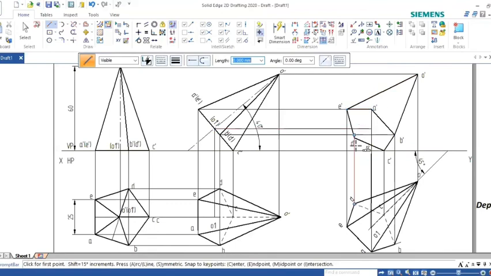You left out A dash, D dash, and C dash. When you see from front, D and C are away from the observer. These two slant edges, D to O and C to O, are not visible, and A to O is visible here. A to O also visible. Make it dark.